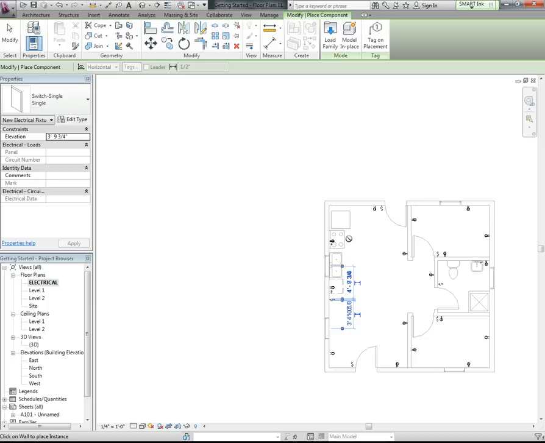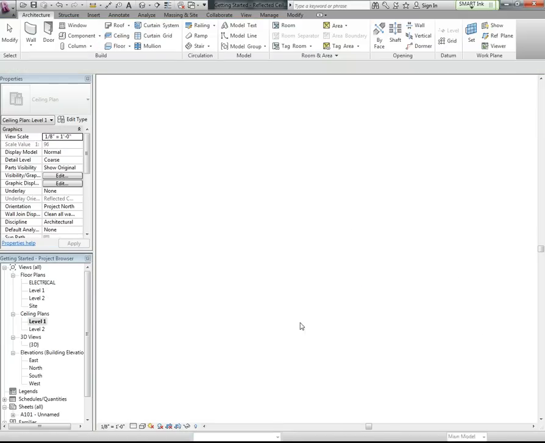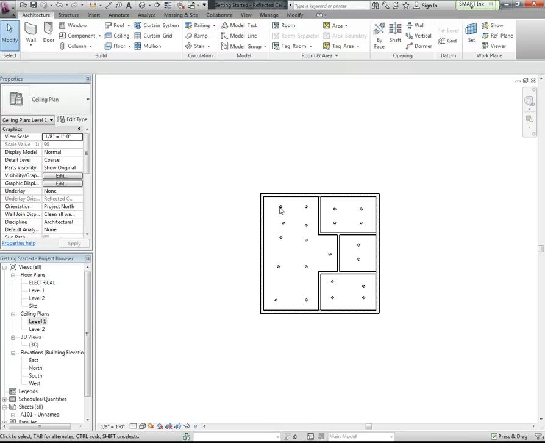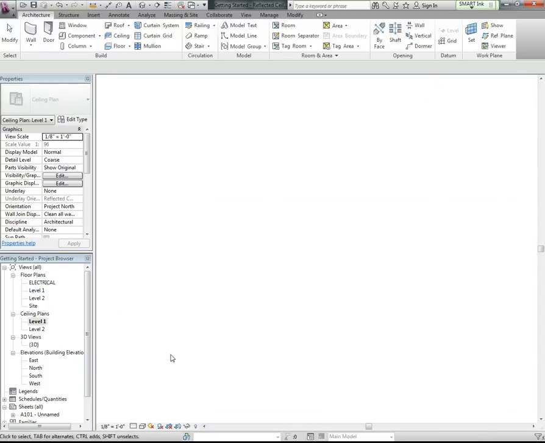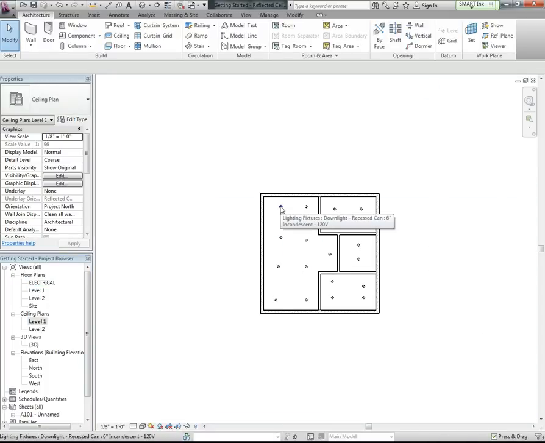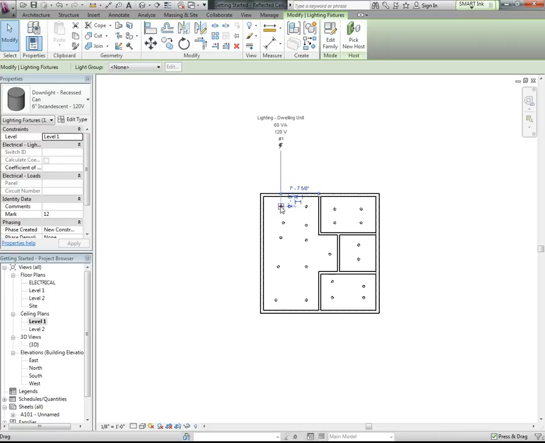Okay. And now what we have to do is connect the switches to the lights, but we cannot see the lights. So we have to go back to the level 1 floor plan, and make these lights visible on the electrical plan. The easiest way to do that is to modify this light. So I'm going to click on the light and go up to where it says Edit Family. I'm going to click Edit Family,